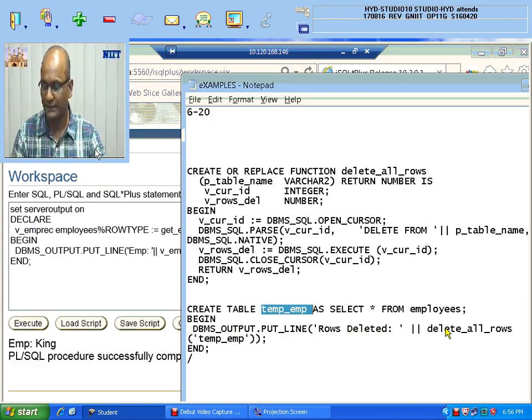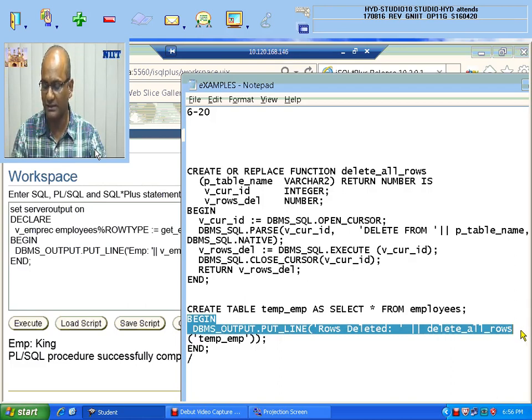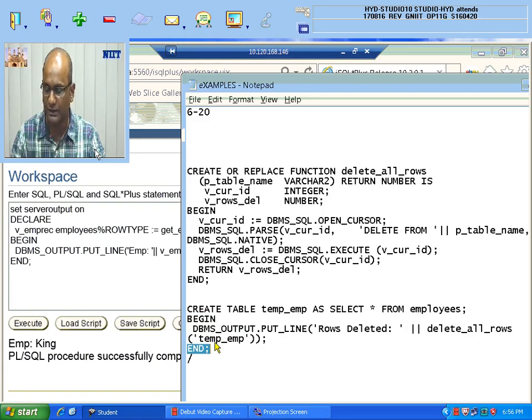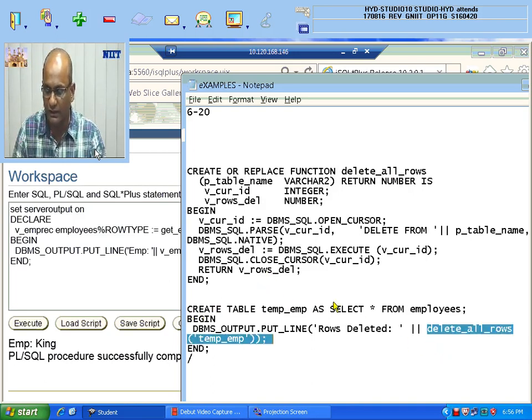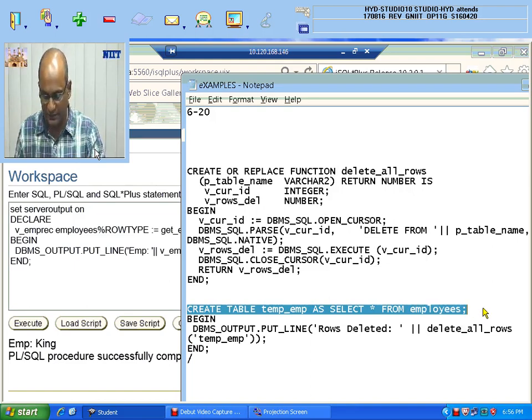the package with all the specifications. Temp employee is the table name. The table name will be passed as a parameter at the time the function is called. So what is the function name? Delete all rows. The function name is delete all rows with the table name. So what I want to do, I want to create this table first. In this, the table will be created,